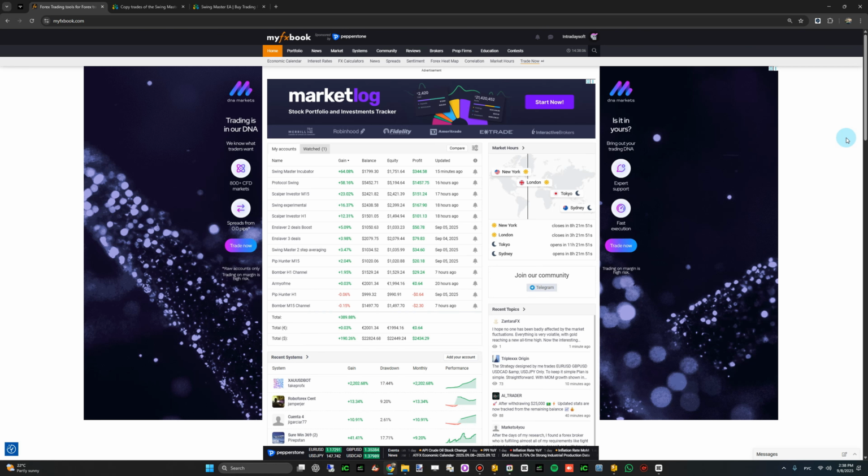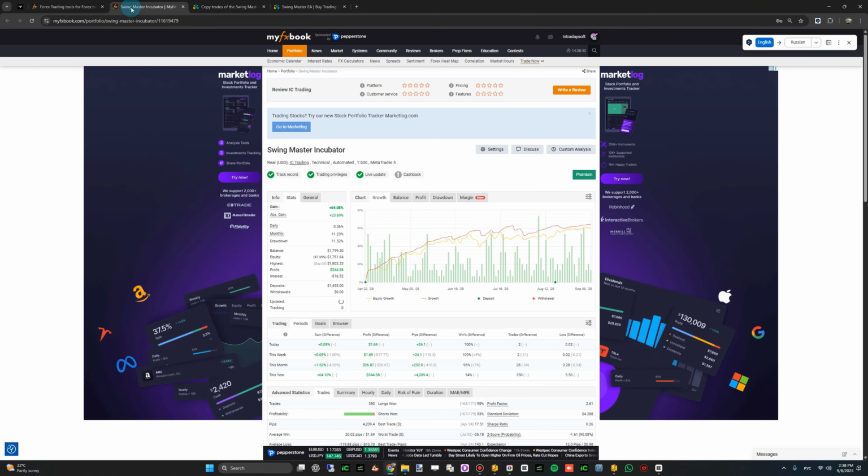For example, let's just take a real-life example. Suppose you want to participate in some challenge on any prop firm's platform, and you have several expert advisors. Whether they're your own or purchased, it doesn't matter. You just have several monitorings, like I do here, on MYFXBOOK. So, with the help of this service, you can select the very best ones. Bots, trading bots, the very best assets. What am I talking about? Let me show you. For example, let's go to the Swing Master Incubator